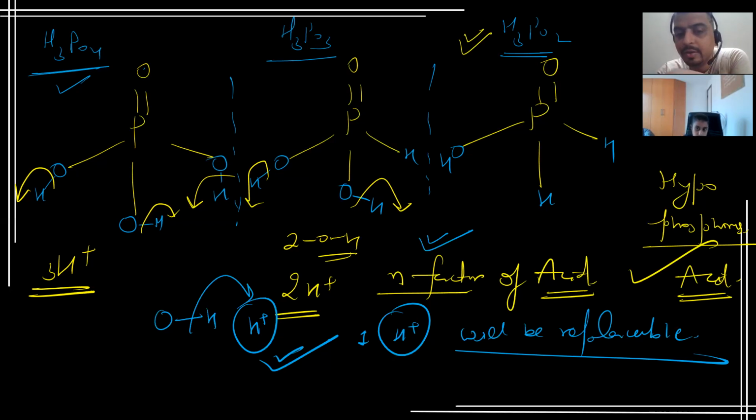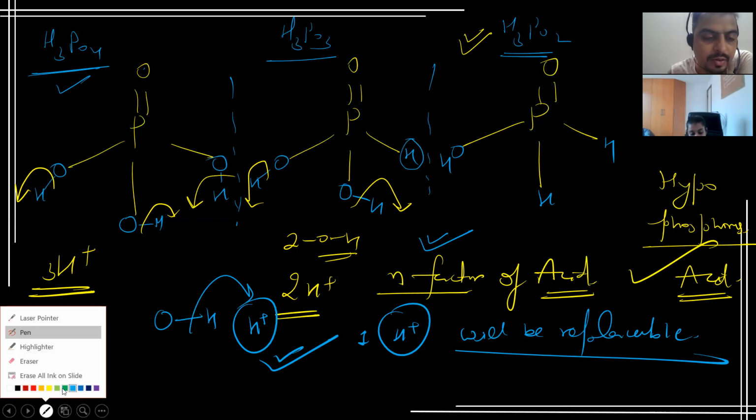So I think now your concept clarity is okay. You got the actual reason behind the basicity. Yes. Okay, cool. So people also ask, sir, this also has a PH bond, two PH bonds. Why doesn't this PH bond break? Why is this hydrogen not able to furnish in the solution? So can you explain why the PH bond does not break?